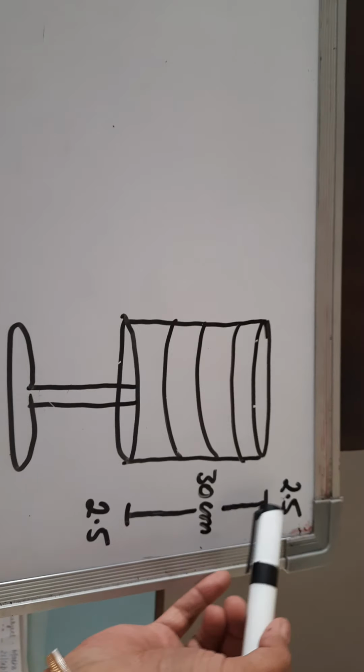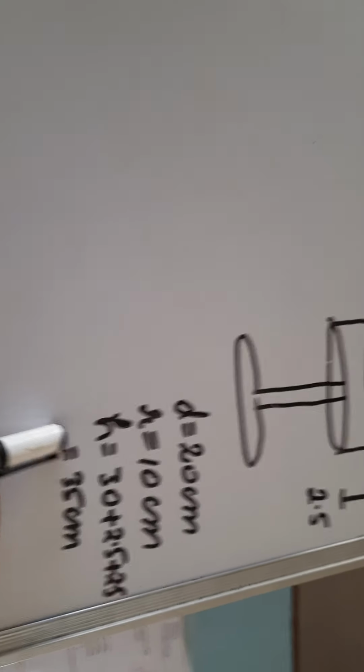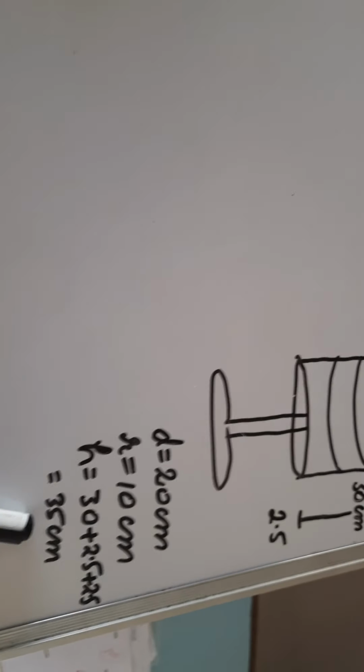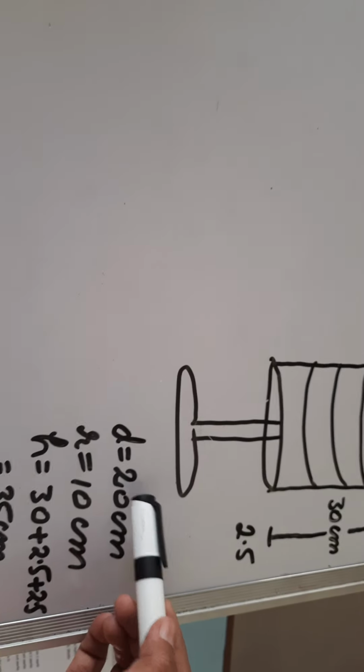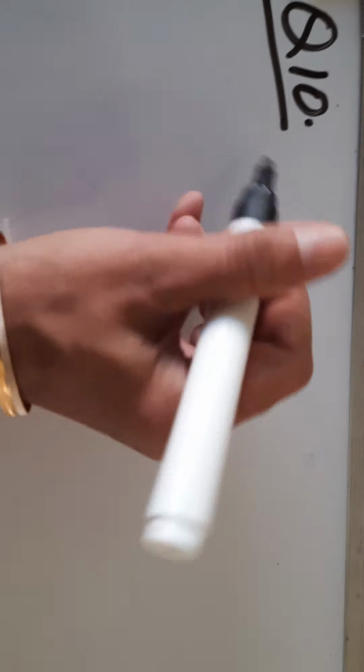But we need to find out the fabric cloth required. In that we need to add the margin part also, right? So the new height of the cloth required will be 35 centimeter, and the diameter given to us is 20 centimeter. Half of 20 is radius, that is 10 centimeter. Because we are using the cloth only at the curved surface part, that is why we will write the statement as let curved surface area of cloth required